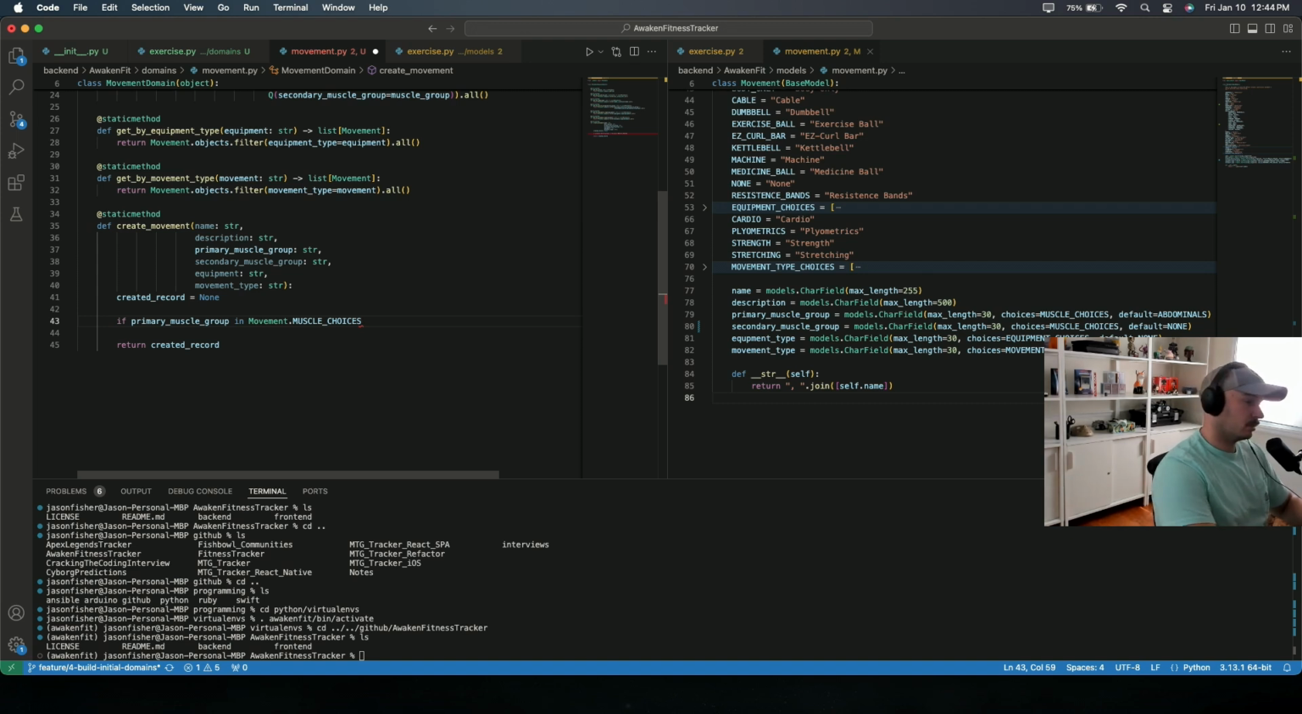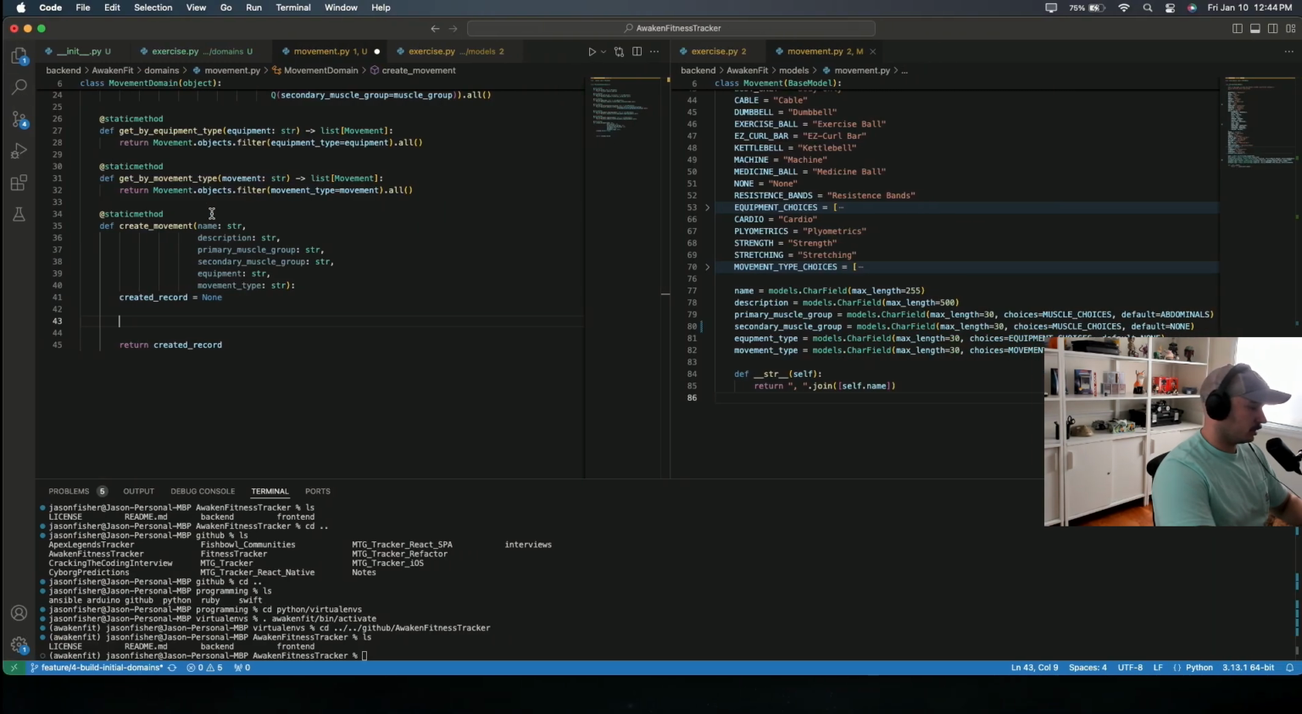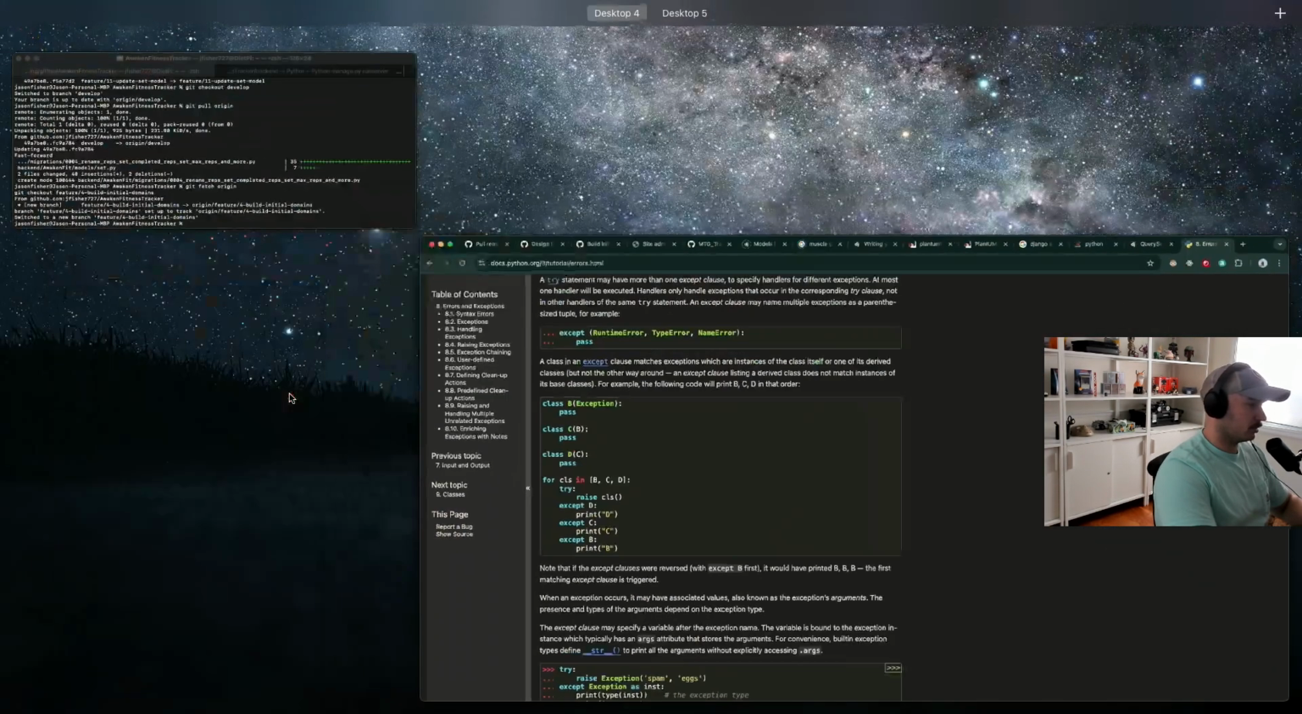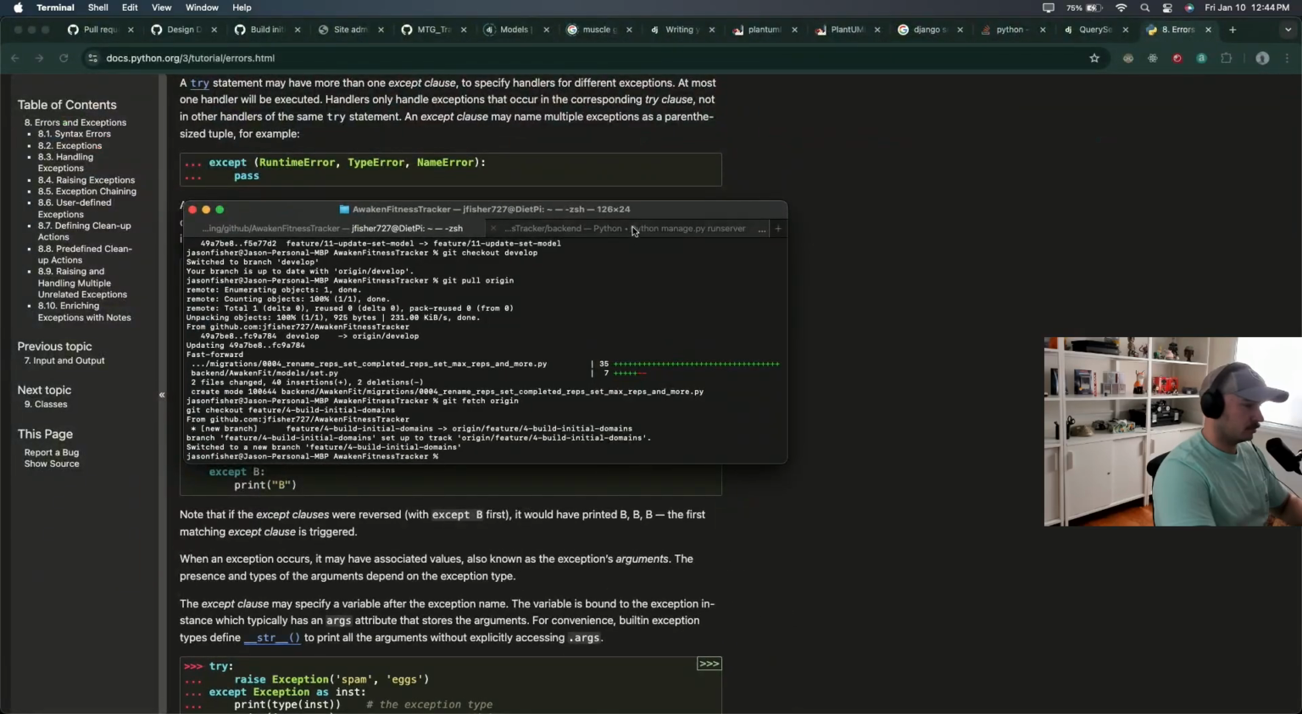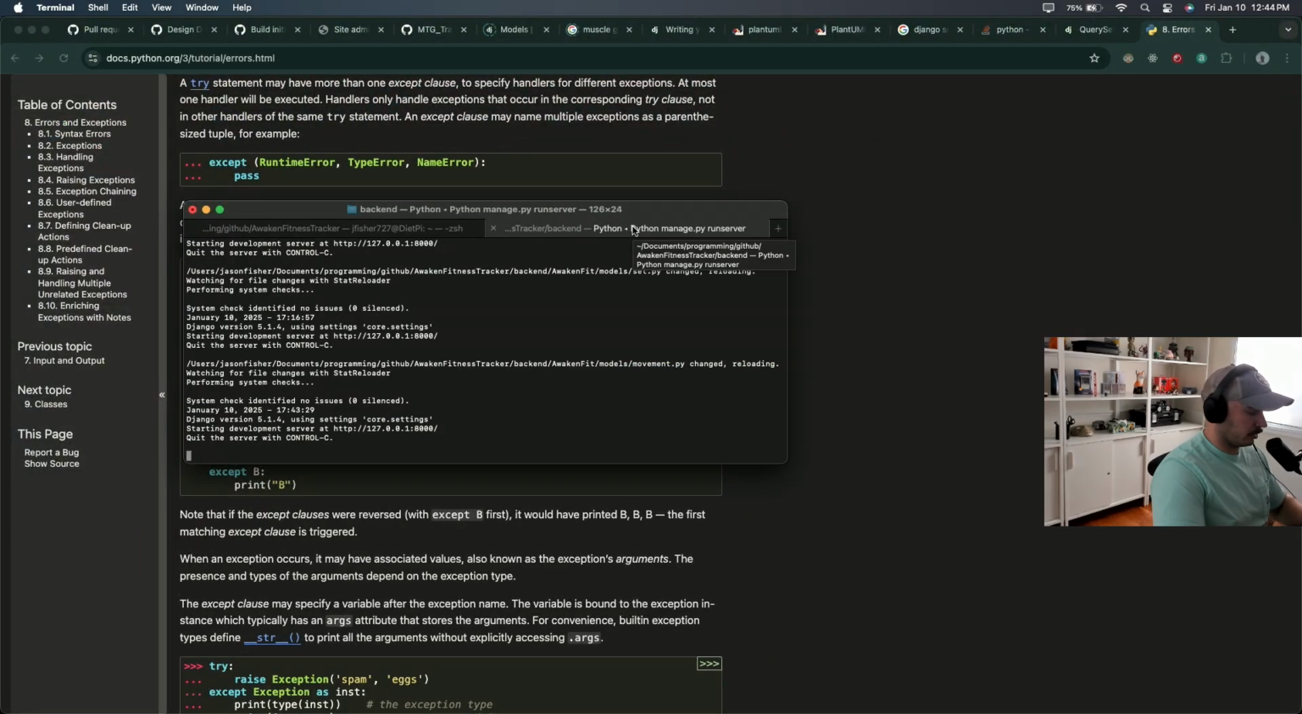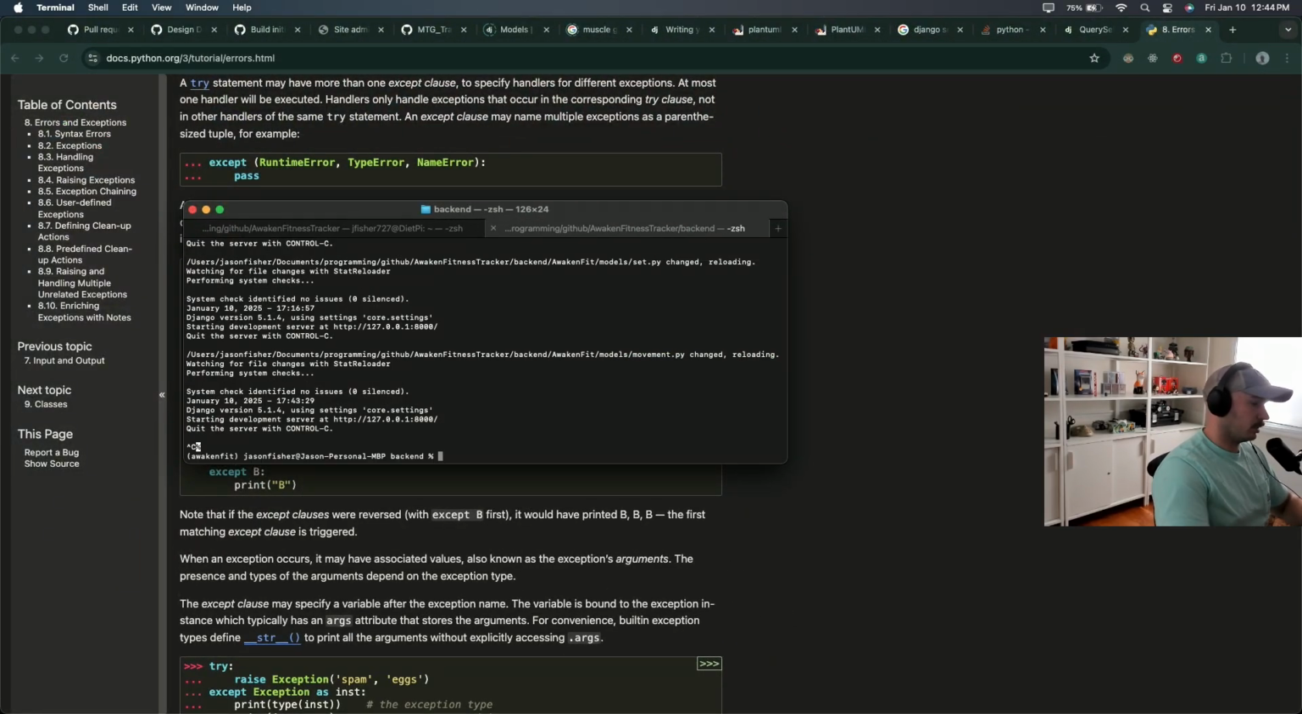Let's see. I should be able to do something like, how can I look at that? So let's look here. Let's stop the development server. We don't need it. So if we do python manage shell,